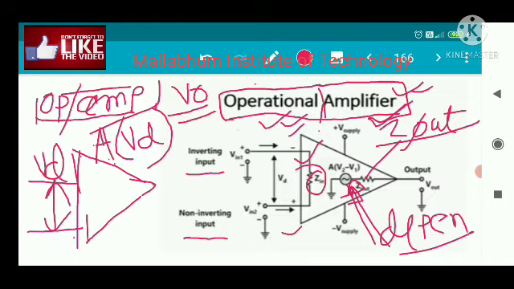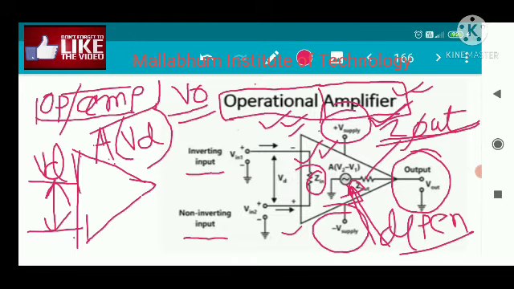The properties of the input resistance, the range of the input resistance, can also be applied here, and the range of the output resistance is also applied here. So this is a simple equivalent circuit diagram of the amplifier, and here the output can be taken, and this positive V supply and negative V supply, these two are called the biasing of the operational amplifier.